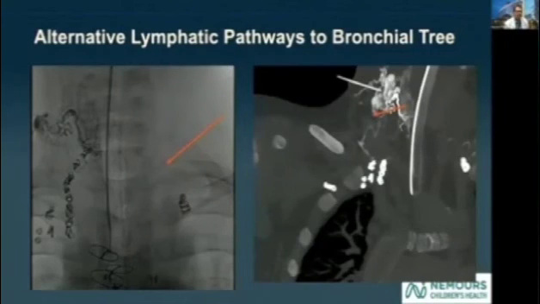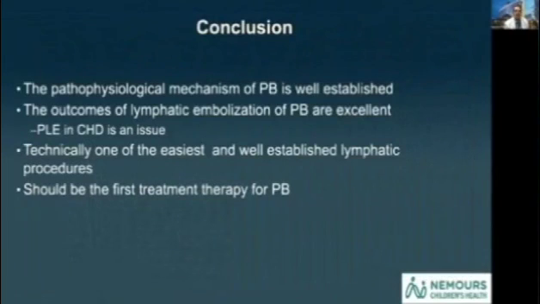In conclusion, plastic bronchitis is a well understood disease. We clearly understand what the problem is and what the pathophysiological mechanism is. The outcomes of lymphatic embolization for plastic bronchitis are excellent. Protein-losing enteropathy in heart failure is an issue, so you have to be careful. But here you always have a selection between